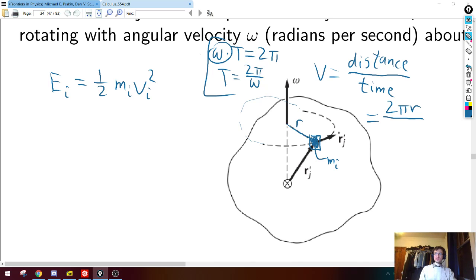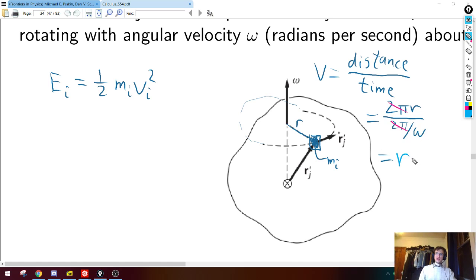Okay. This is clear. Yeah, it's just like regular velocity. Like if this guy's going 10 radians per second, and you ask how long does it take to go 2 pi radians, it's 2 pi over 10, right? So the bottom is 2 pi divided by omega. And now you see why it's nice to use radians per second instead of revolutions per second, because the 2 pi's cancel. These 2 pi's go away, and this 1 over omega downstairs turns into an omega upstairs. So the answer is basically just r times omega.